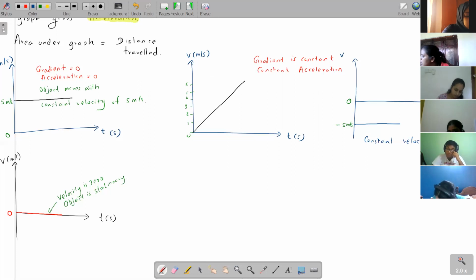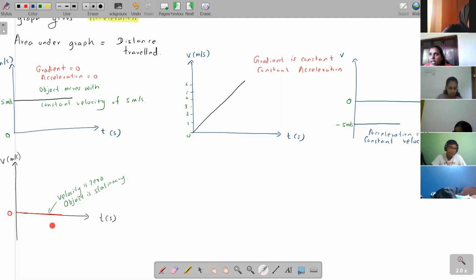So constant velocity here, because there is no acceleration. Minus 5 means you're moving backwards. You're moving left. You're going in the negative direction, the opposite of what you were initially moving. Okay, acceleration is 0. That's why we have constant velocity. Acceleration 0 means constant velocity. And this one is very important.